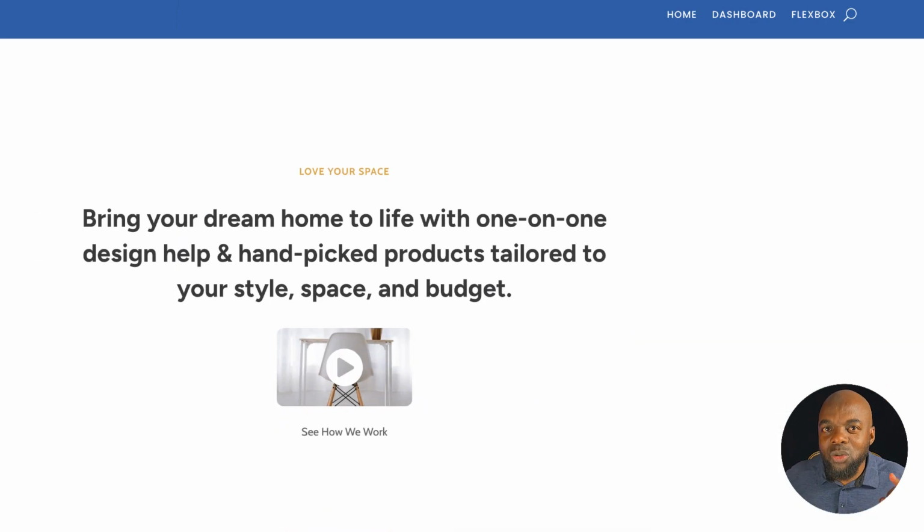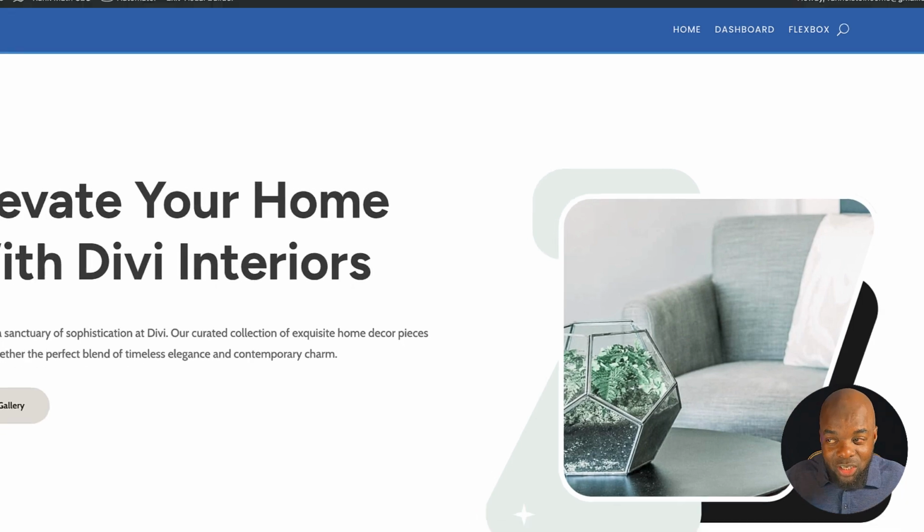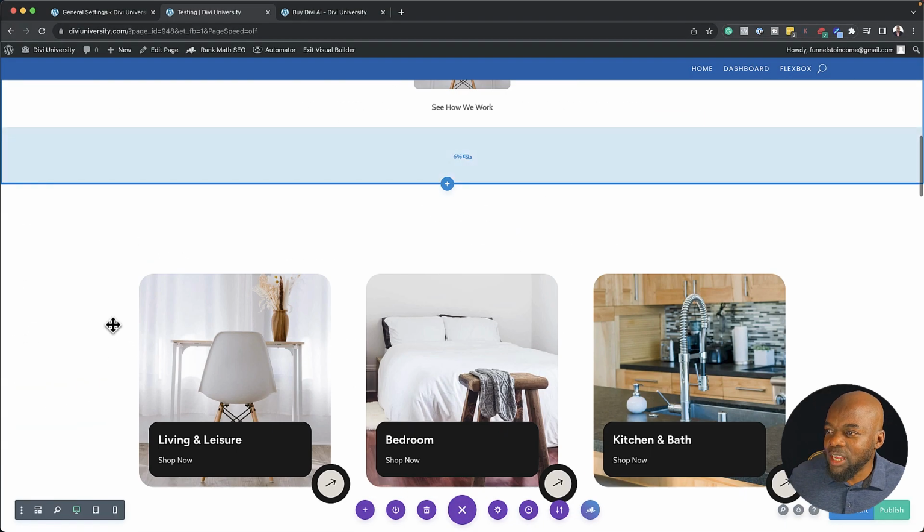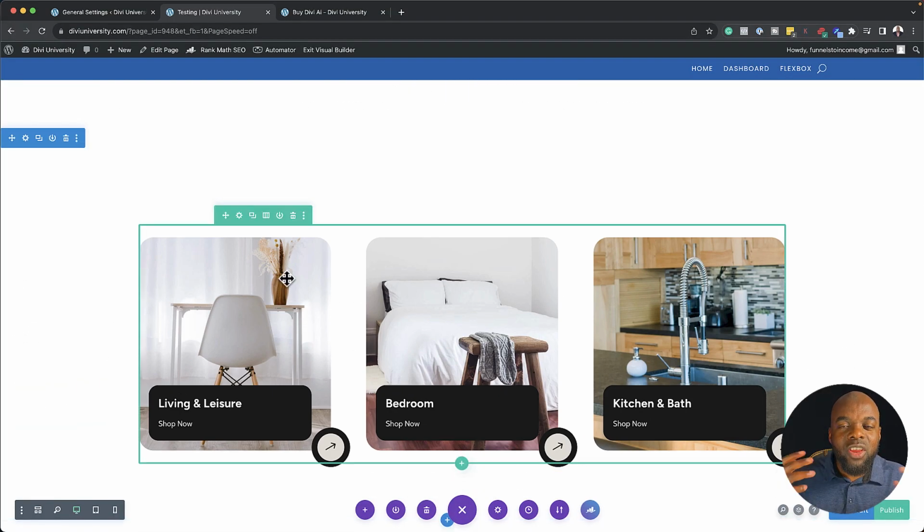Now, not only can you do text, but you can also do images. So you can actually come in here and choose a specific image and then recreate that image using AI. All these layouts that you have can be easily turned into a new website without downloading royalty-free images or hiring